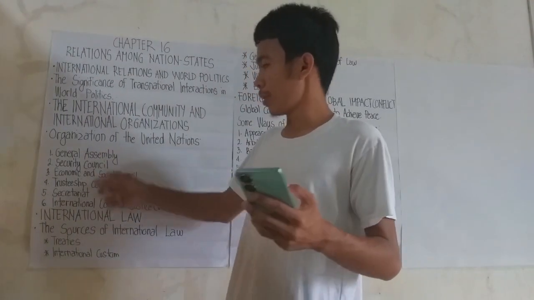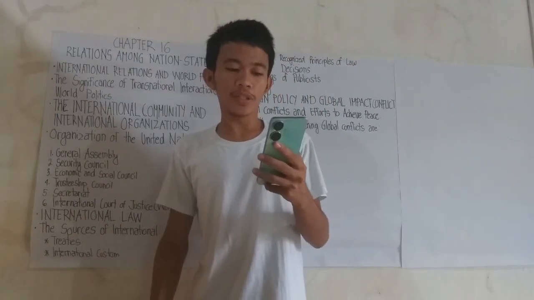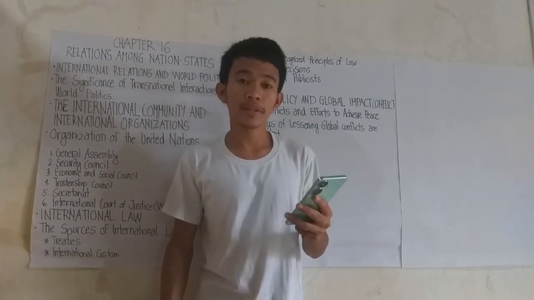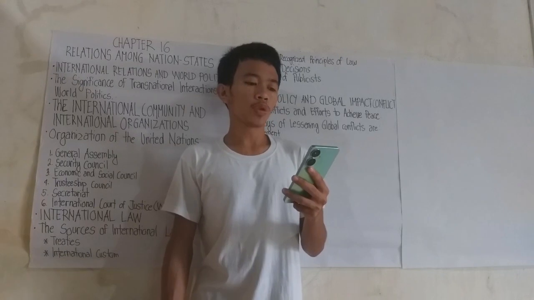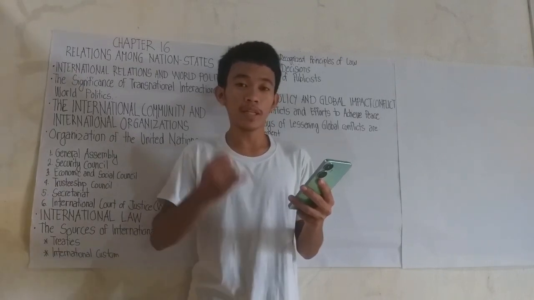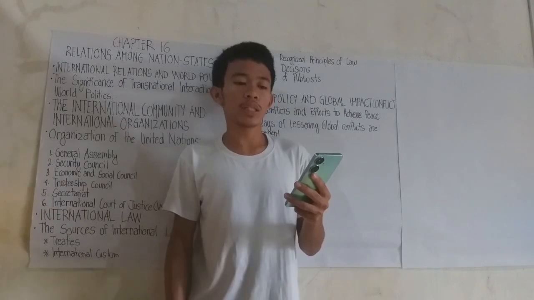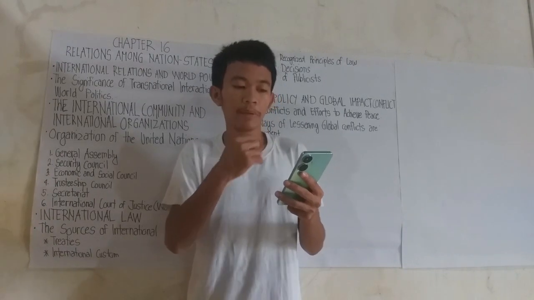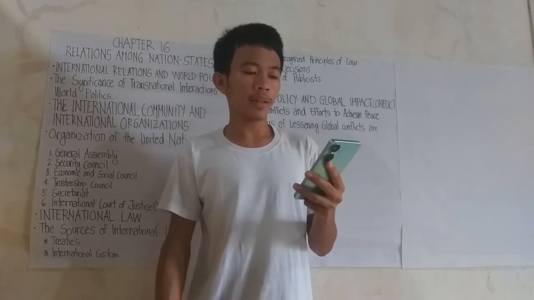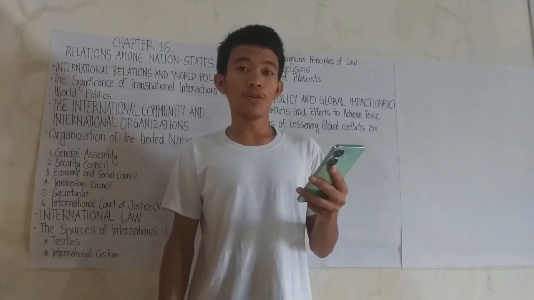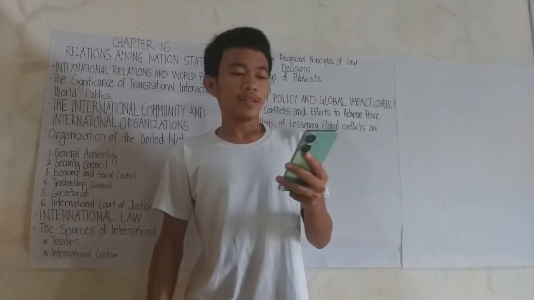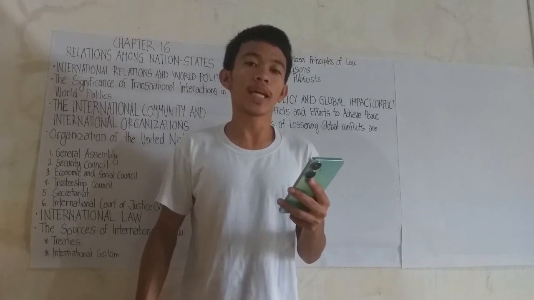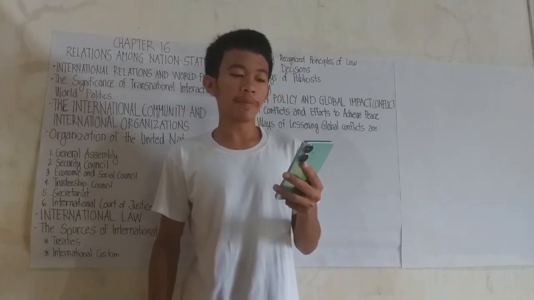Next is Trusteeship Council. The Trusteeship Council is one of the principal organs of the United Nations that was established to oversee the administration of trust territories. Trust territories were territories that were placed under the administration of member states to promote their development and prepare them for self-government or independence. The Trusteeship Council was originally composed of 11 member states, including the 5 permanent members of the